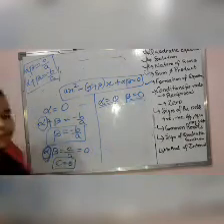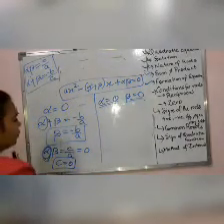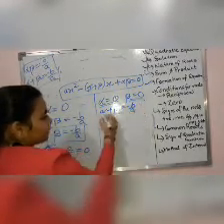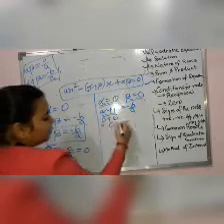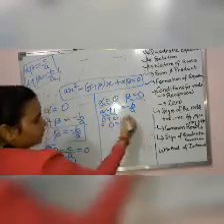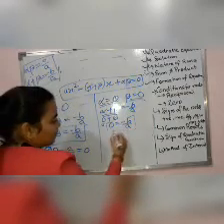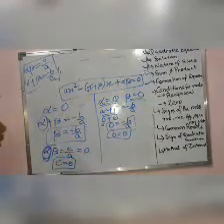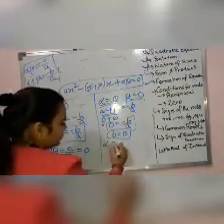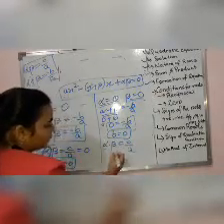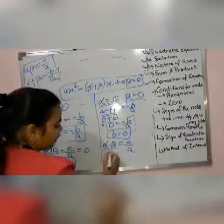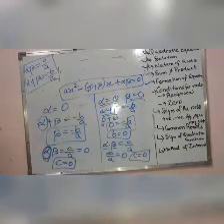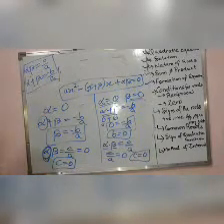Okay. Now another case is when alpha is equal to 0 and beta is also 0. That means both of my roots are 0. When both of my roots are 0, alpha plus beta is equal to minus b upon a, that means 0 plus 0, that is 0, is equal to minus b upon a, right? So in this case, if this is 0, then b will have to be equal to 0. And another thing is that alpha cross beta is equal to c upon a. So these both are 0, that means c upon a is equal to 0, that means c is equal to 0. So b will also be equal to 0 and c will also be equal to 0 if both of my roots are 0.